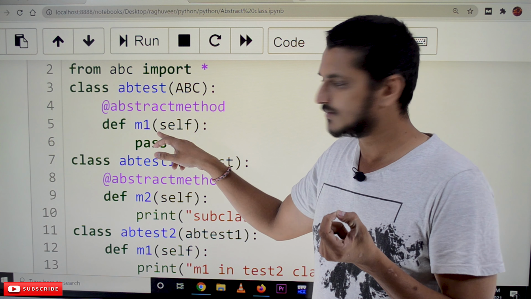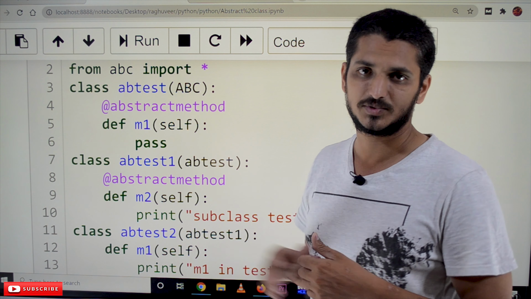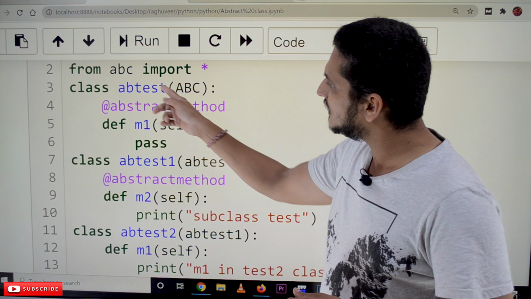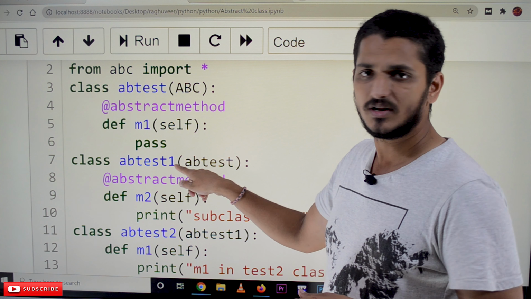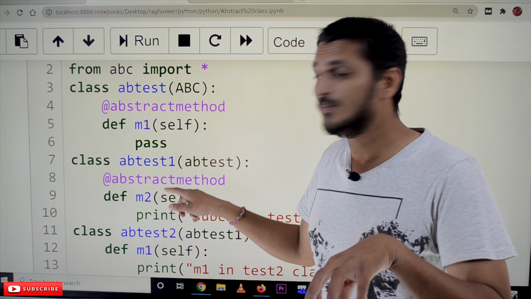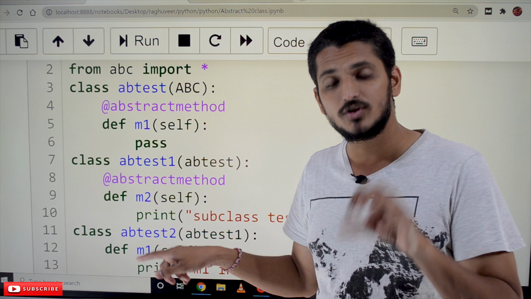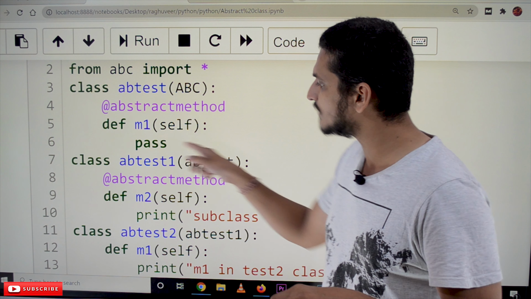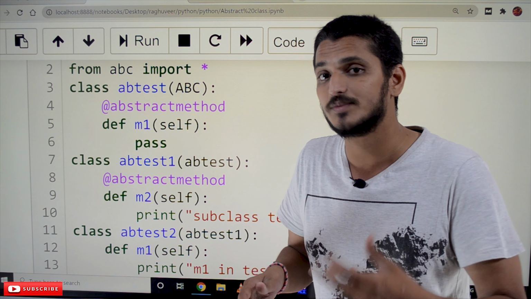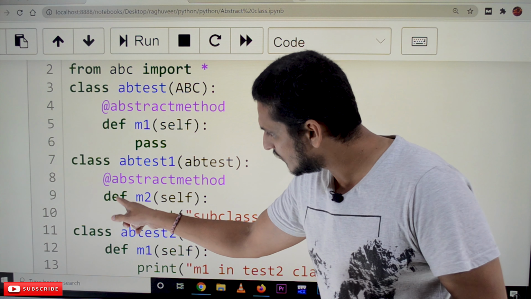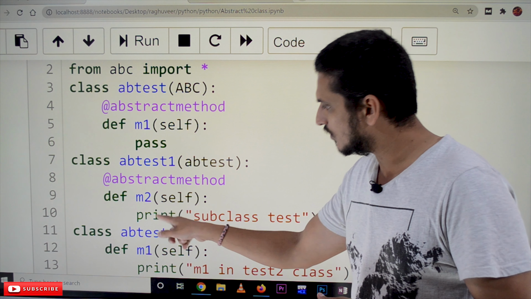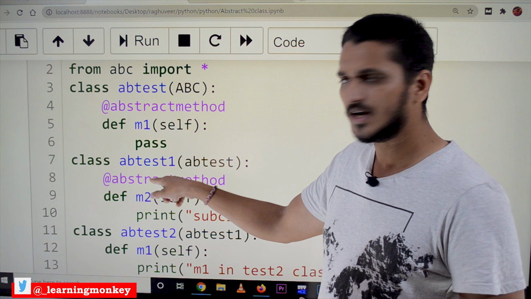At least one abstract method means it belongs to an abstract class, and this AB test is inherited by AB test1. If you don't want to implement M1 here in AB test1, then you have to make it an abstract class. That means at least one abstract method should be there. That's why we defined M2. So M2 is an abstract method.